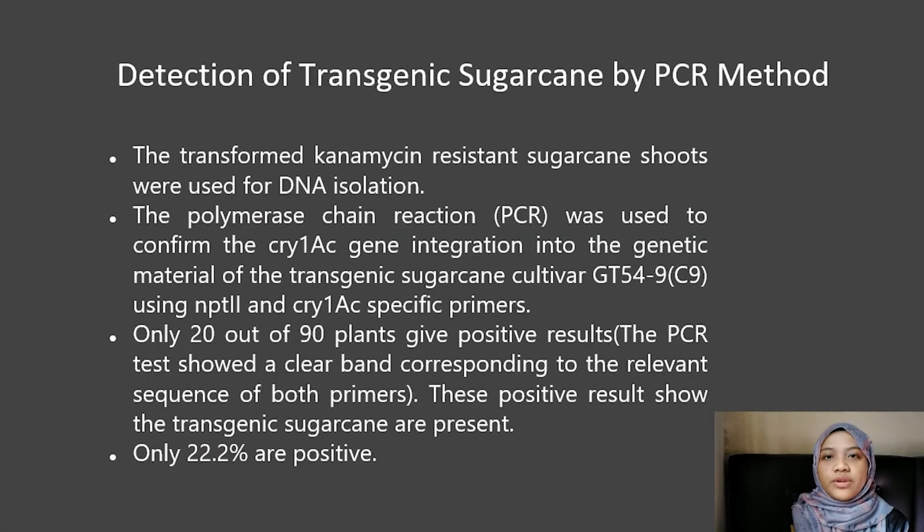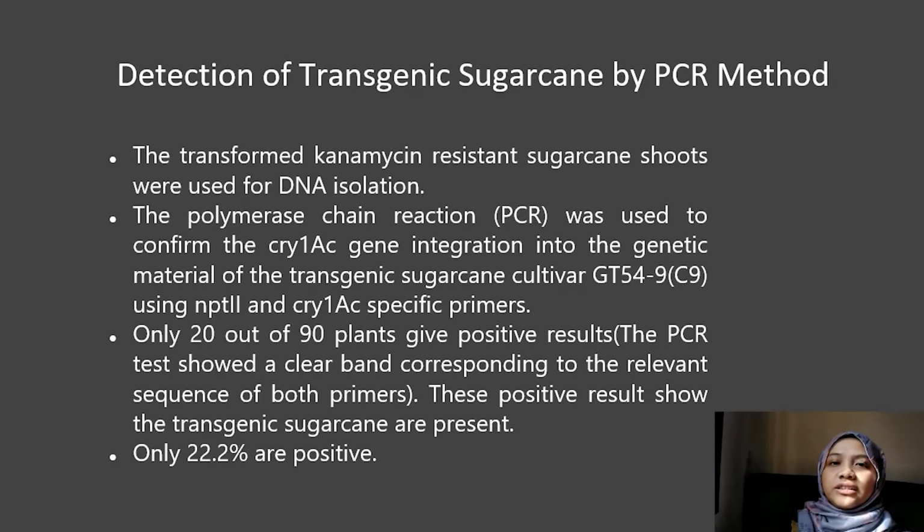The researchers used two methods for detection of transgenic sugarcane, which are PCR and Southern blot. So firstly, I will explain about detection of transgenic sugarcane by using the PCR method. The transformed kanamycin-resistant sugarcane shoots were used for DNA isolation. The PCR was used to confirm the Cry1AC gene integration into the genetic material of the transgenic sugarcane